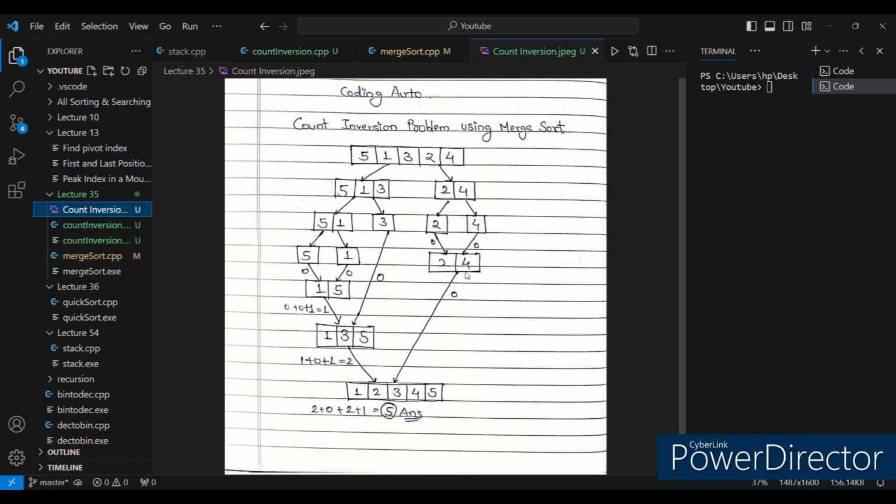So now what we need to do is merge these two sorted arrays, 1 3 5 and 2 4. Here in the left subtree we got two counts, in the right subtree we got 0 count. Now while merging 1 3 5 and 2 4, how many swaps will be performed? So let's see. 1 is less than 2, so no swap will be performed. Now the pointer will point to